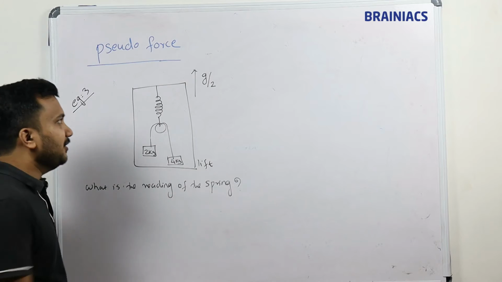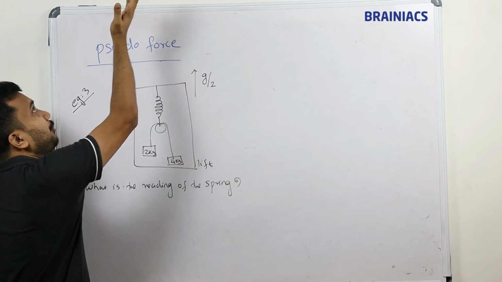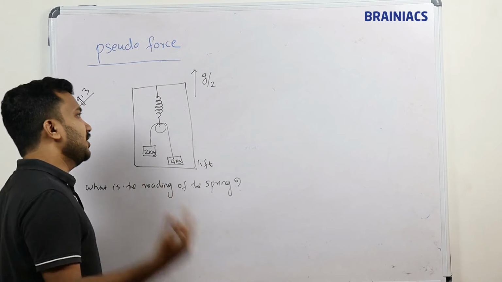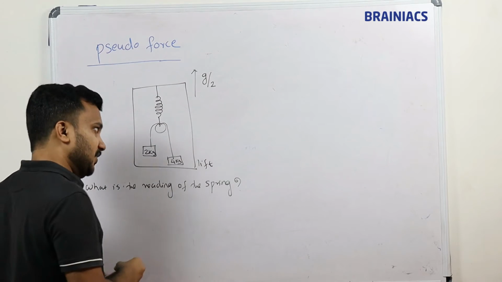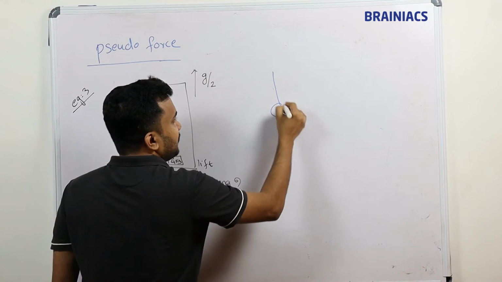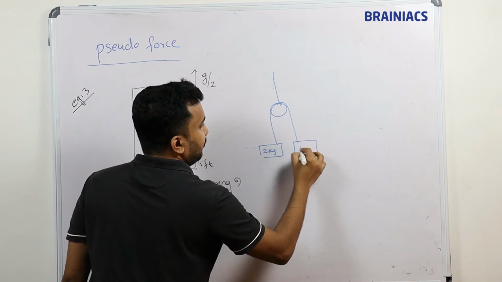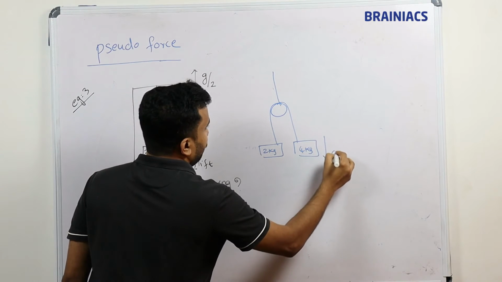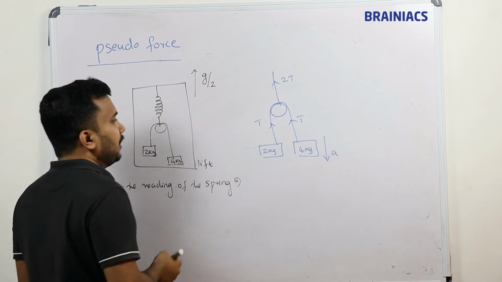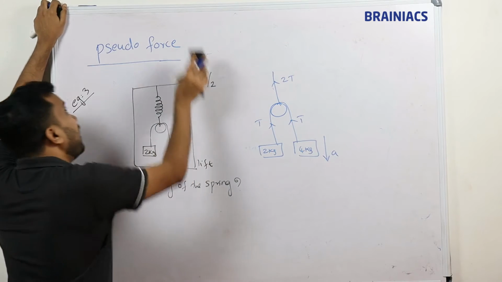But one extra thing will be here, that is the lift, and the lift is moving upward. Now the entire system is in a non-inertial frame. If it is in a non-inertial frame, what will happen? Yes, we are going to see the free body diagram. So the spring you can ignore, you can directly draw a string. Now this is 2 kg and this is 4 kg. I know the 4 kg will definitely move with an acceleration a, and this is 2T because this is T and this is T. Now we will draw the free body diagram of each of these. So assume g by 2 is upward.